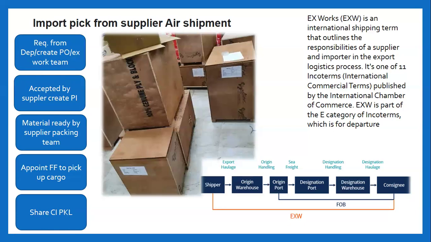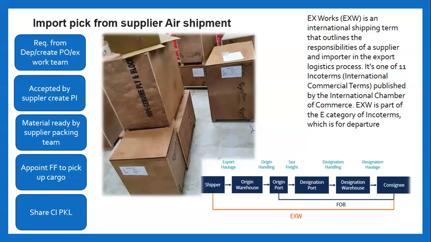Once the purchase order is received, the supplier will sign it and send it back to the importer. Parallelly, vice versa, the importer will approve the PI received from the supplier. So this purchase order is accepted by the supplier and this proforma invoice is accepted by the importer. At this stage, all the negotiation regarding the Incoterms and payment terms needs to be completed.